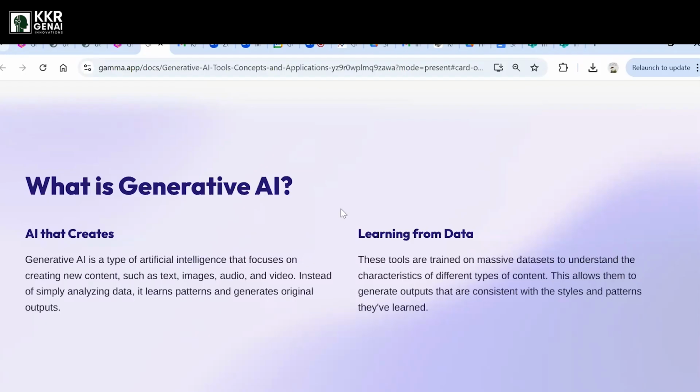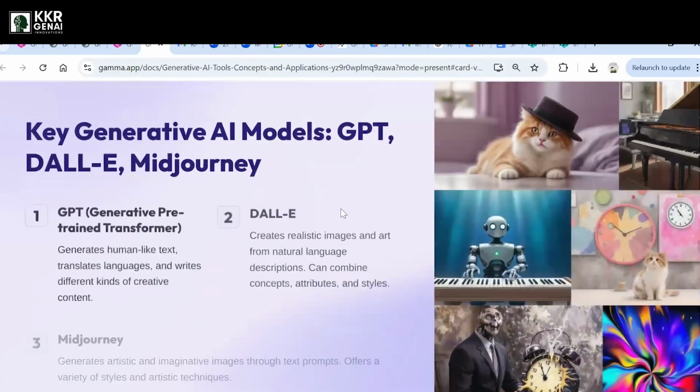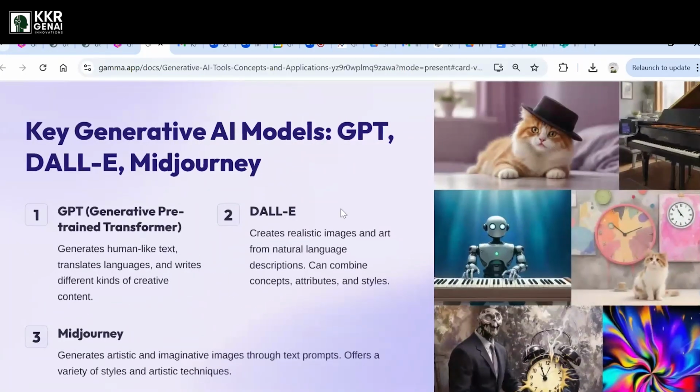And there are many tools. ChatGPT is one of the best tools, where you can just write the information and it can produce the code as well. You can get your own content as well. Let's go to the tools. So these are some of the tools which you can see.